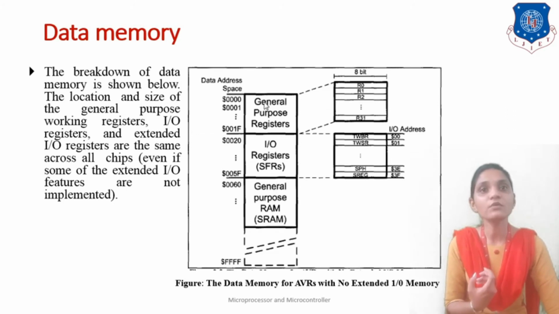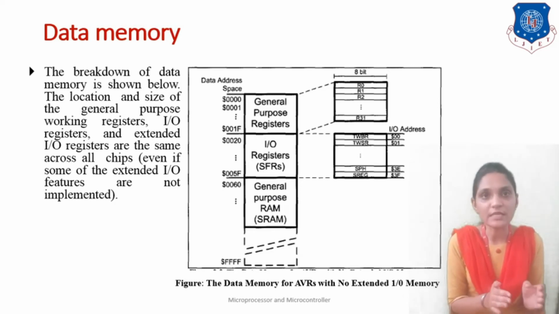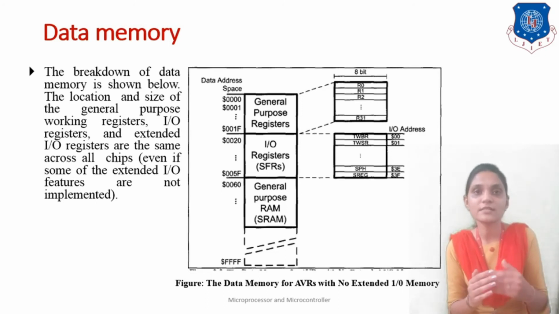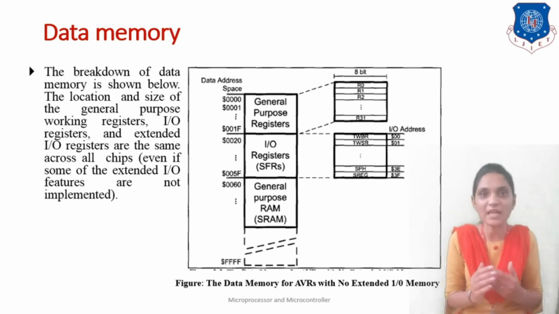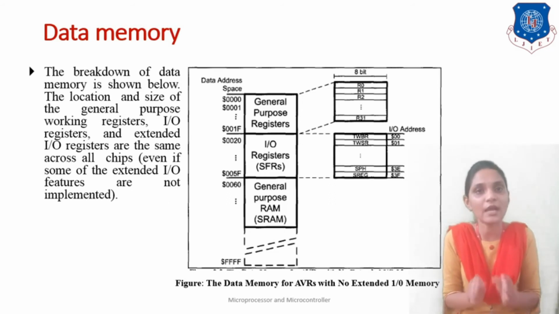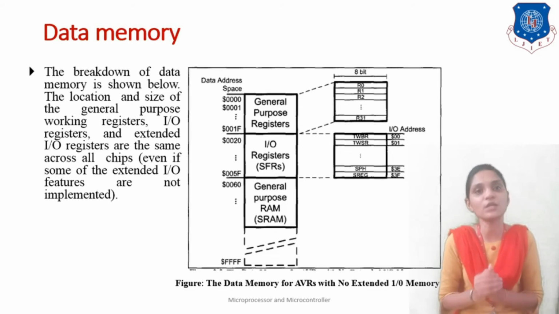Okay, we have given it as continuous memory addresses, but it is not necessary that they are connected together. They are constructed differently, and then we are assigning them some addresses, and we are considering that the addresses are continuous. By using those continuous addresses, we are considering that memory is continuous, but actually it is different kinds of memories that are used inside the controller, and we are giving some addresses to those locations.